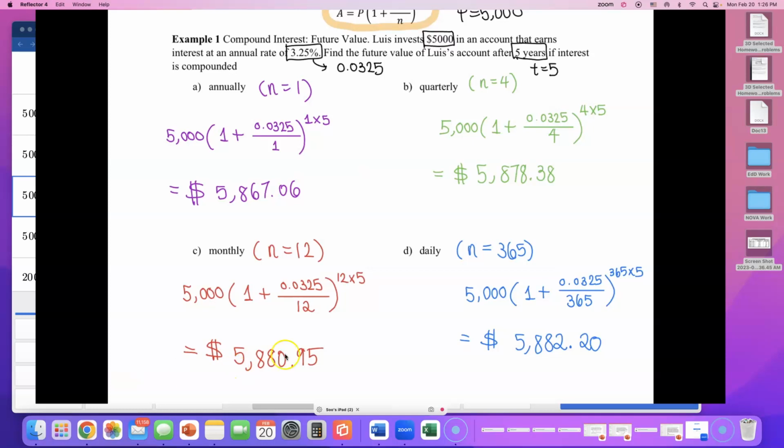So when we compounded daily, n was 365, compared to annual or quarterly or monthly, we ended up with more money, right? So what if we compound continuously, like every fraction of a second? How can you divide by infinity? Or how can you raise something to the infinitieth power, right? So we can't really use this formula anymore, okay? For continuous compounding, we have a different formula,